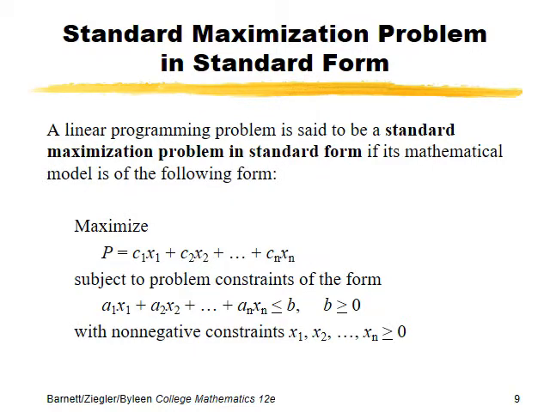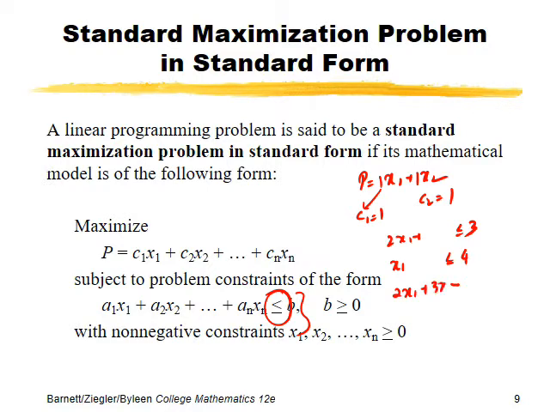And okay, here comes the standard maximization problem. You will be given an objective function like p equals x1 plus x2. Here c1 is 1, c2 is 1, and then you will be given some constraints. Always all the constraints will be in less than or equal form if it is a standard maximization problem. Maybe you will have constraints 2x1 plus 3x2 less than 3, x1 minus x2 less than 4,